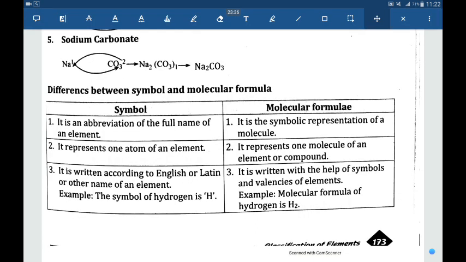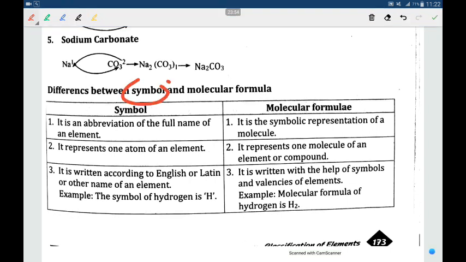Dear students, now in your own way, write molecular formulae of some compounds. And finally, let's discuss differences between symbol and molecular formula. Okay, students, what is the first difference? While differentiating left hand side, right hand side, molecular formula,